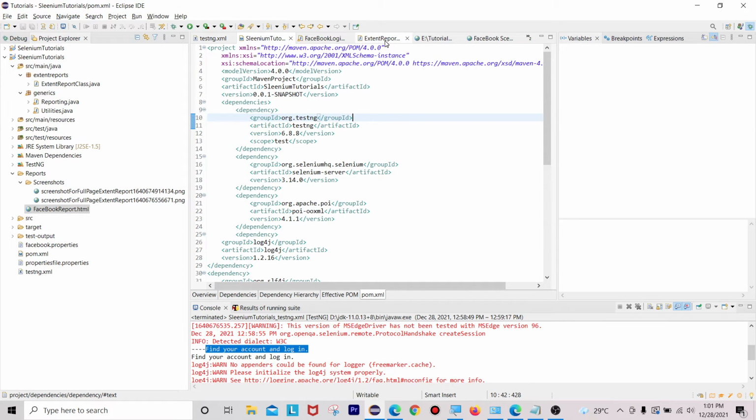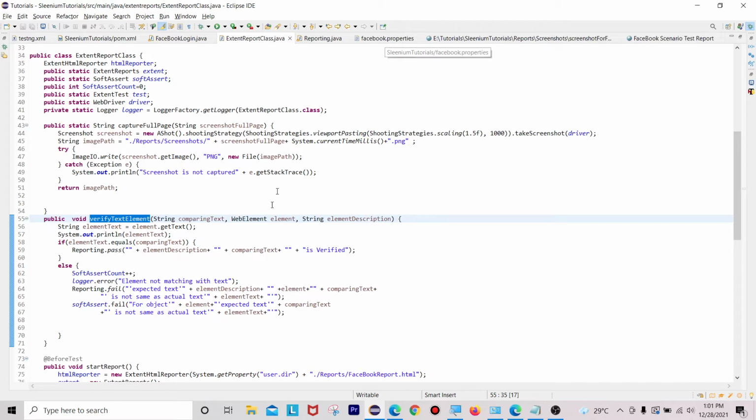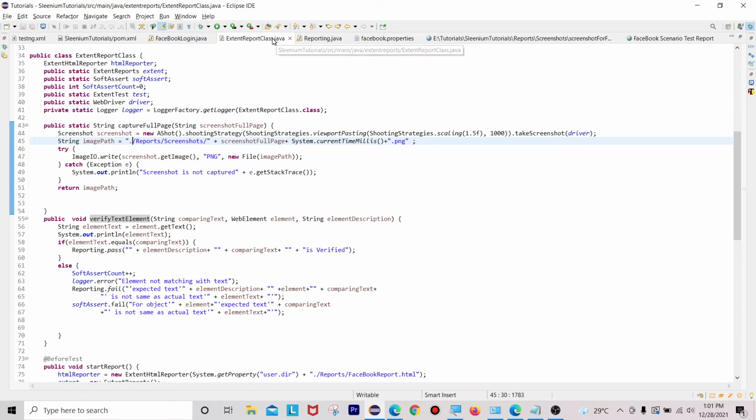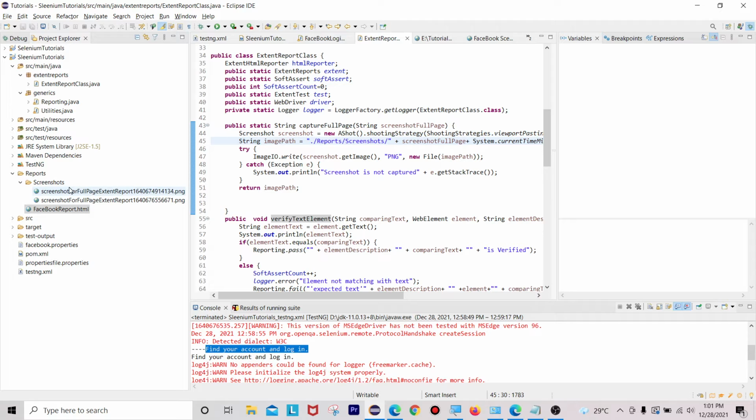Now you can go to your extent reports class. Here we are telling that this is our current folder structure, right? If you are sending this report to other people, they are not able to see your extent report along with the failed screenshots properly. To achieve that, we have to use one more dot operator here, which will tell the other people the path from root node to child node.